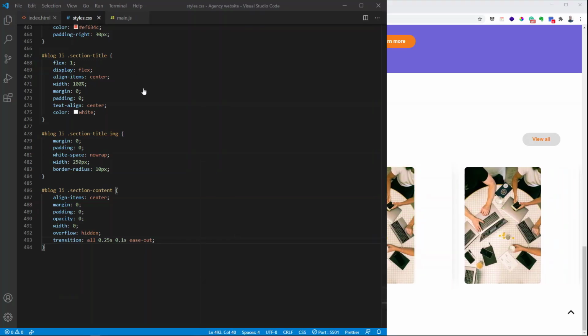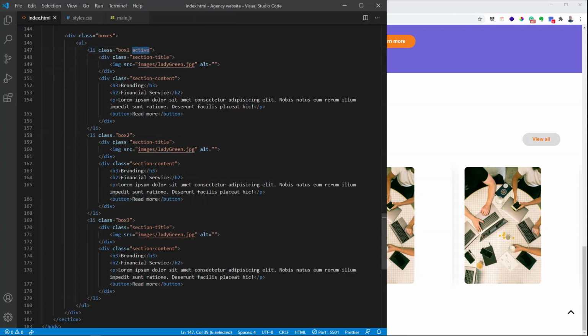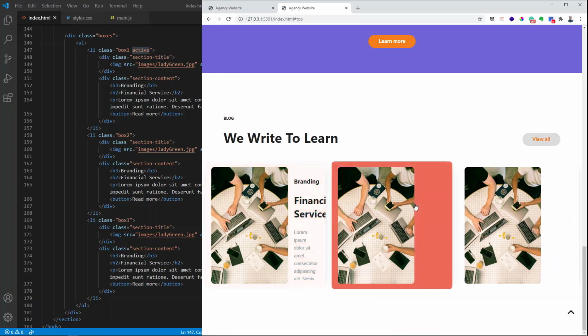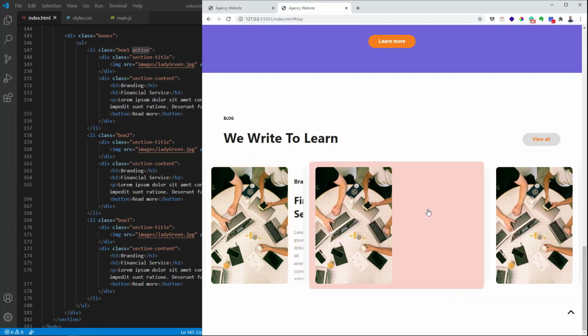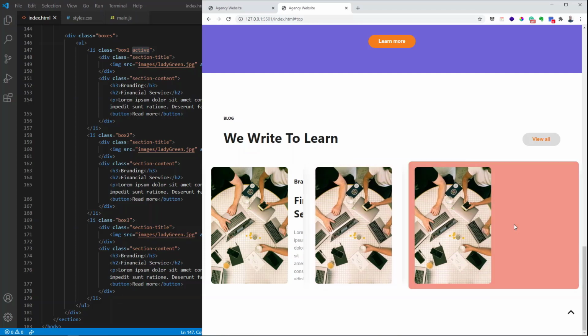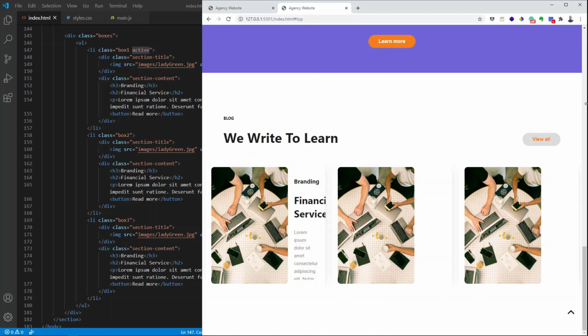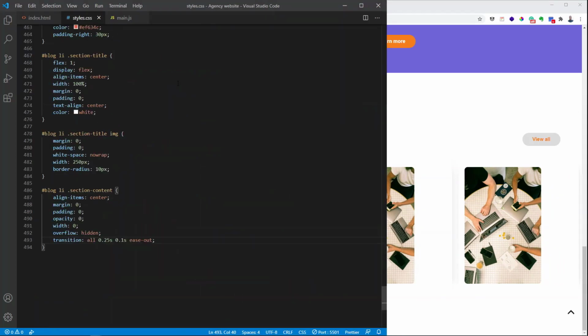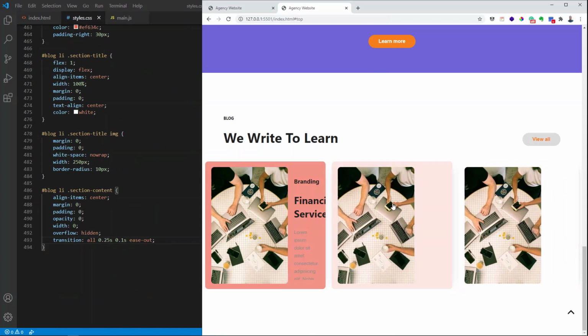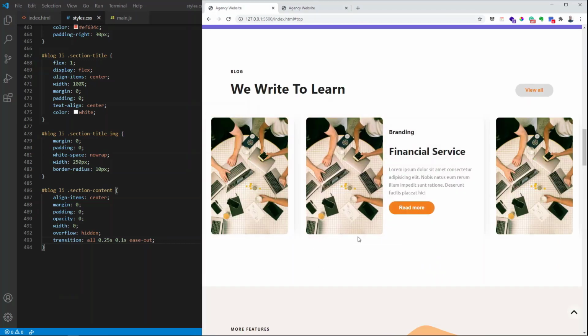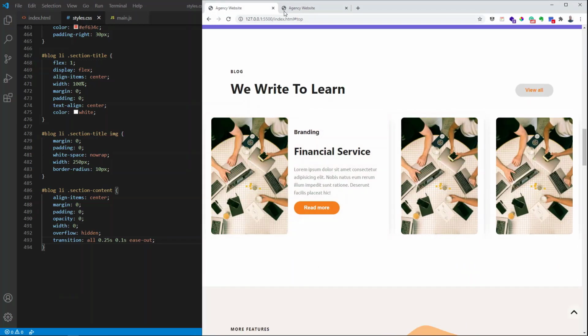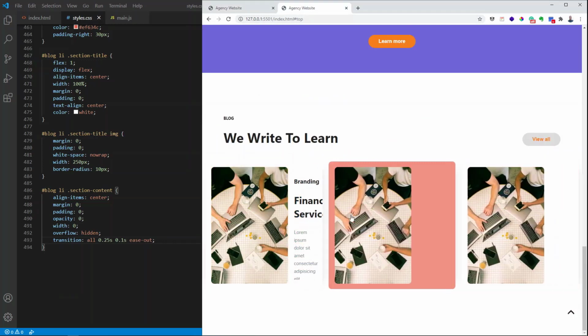As you can see, let's go back to the HTML. You see I have the active right here, the active class. So only this is active now because it's the first one. But this one, the contents are hidden. They will only show when we include the JavaScript, the content will show. So you see, just like this. So we're going to use the JavaScript to do that. So for now,